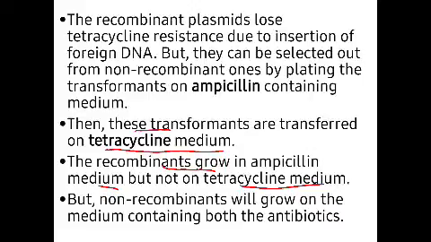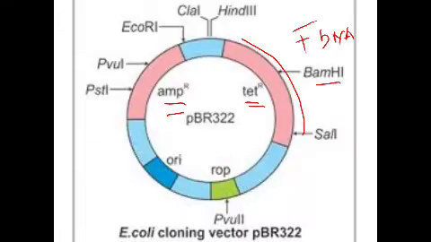Recombinant means having the sequence of DNA from two different types of DNA or sources combined together; that DNA is known as the recombinant DNA, or we can also say transformants. But it did not survive in the tetracycline medium, whereas non-recombinant will grow on both media containing both the antibiotics. Why? Because this non-recombinant will be having both